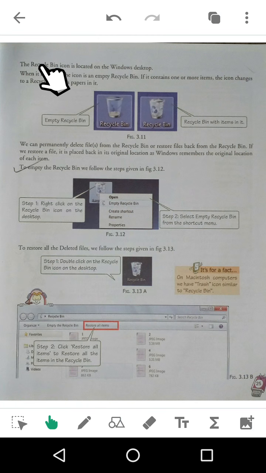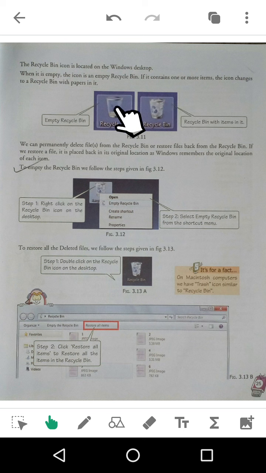Where is the recycle bin located? The recycle bin is located on the desktop. Short answer questions may be asked in the exam, like where is the recycle bin located; it is located on the desktop. When it is empty, this is the empty icon of the recycle bin. If it contains one or more items, the icon changes to a recycle bin with papers in it.